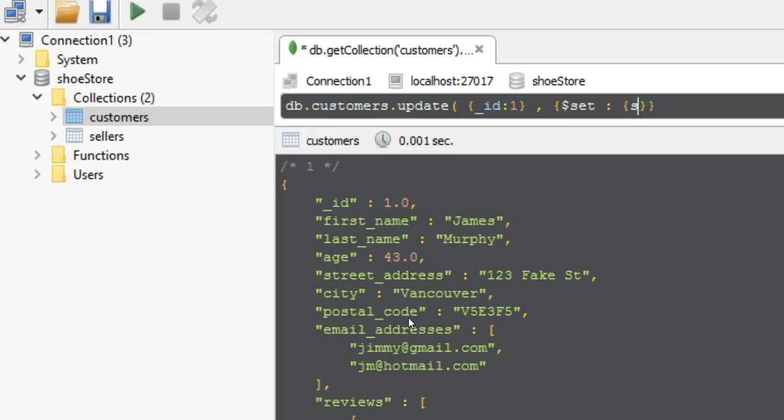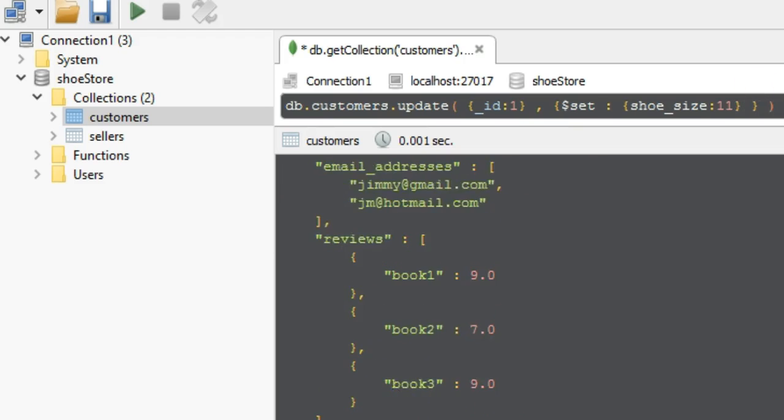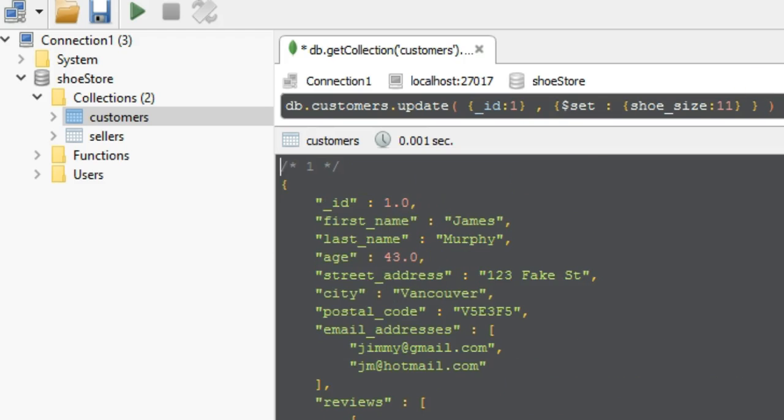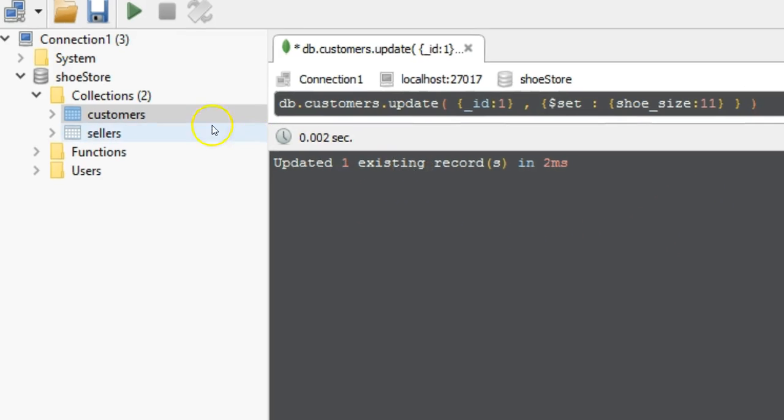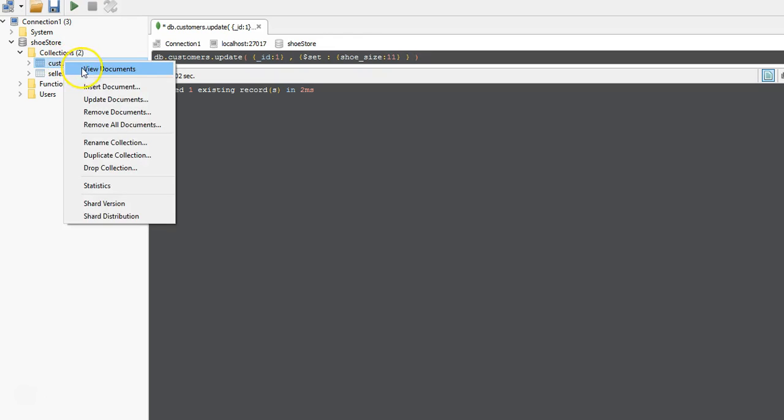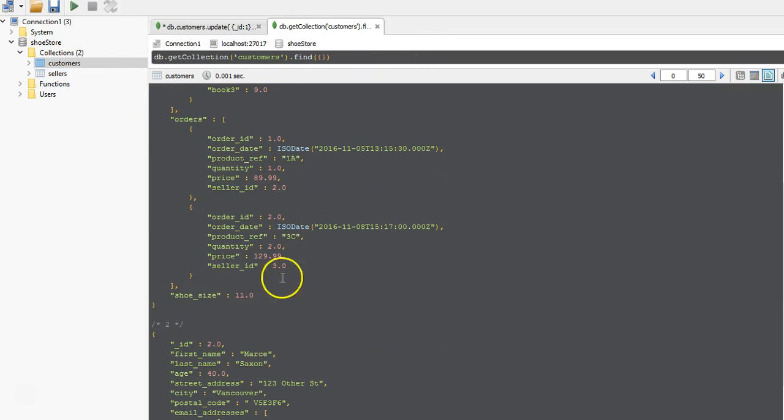Now, I want to set a field of shoe size to 11. Now, shoe size doesn't exist. There is no shoe size field in this particular document with the ID of 1. So if I actually run this now, you will see it did update one existing record. So let's take a look at what happened. And you can see it just added